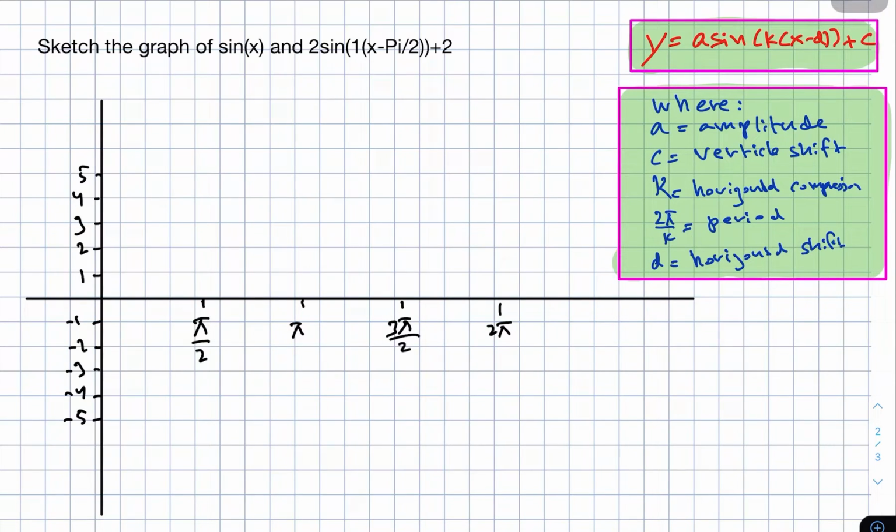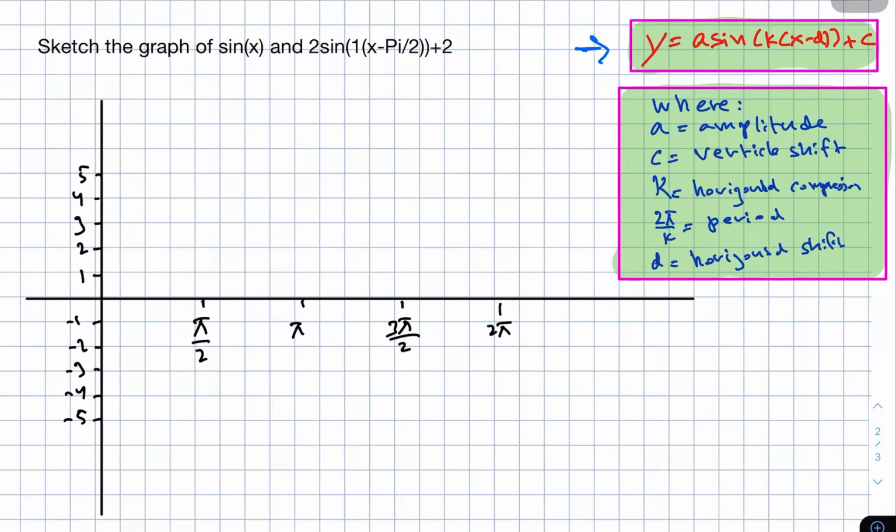So our question says sketch the graph of sine x and 2 sine (x minus pi over 2) plus 2. So we know that the general form is given right here, and when we've been given the general form y is equal to a sine k(x minus d) plus c, a represents the amplitude, c represents the vertical shift, k represents the horizontal compression, the period is 2 pi over k, and d is the